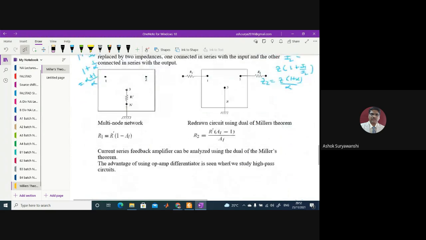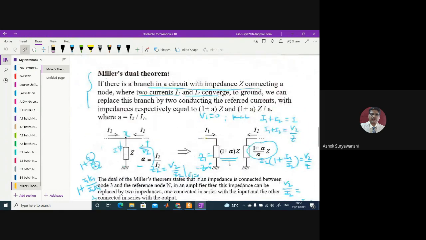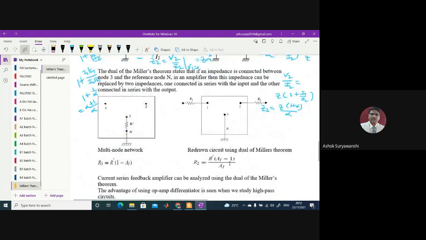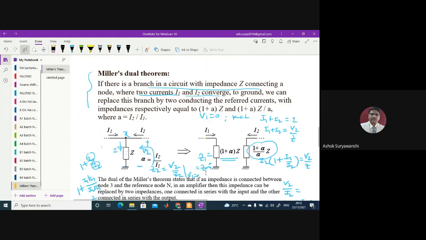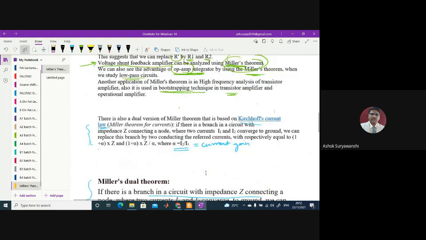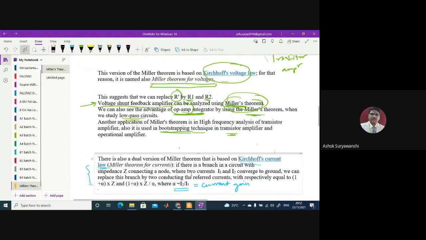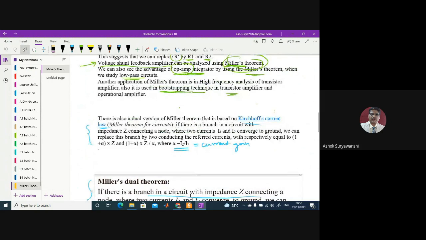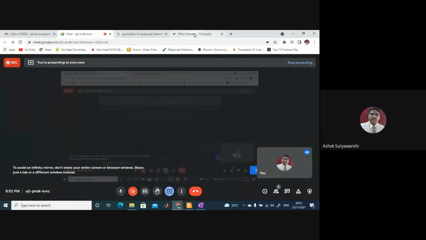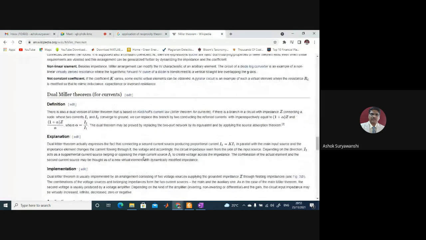Sorry, here I think something is wrong. Okay, I think they have used subtraction, that is why these values are coming different. So we can use these theorems in two ways. This is the simplest one, which is normally used in amplifiers. That is what I have considered here, because you will be studying more amplifier circuits wherein these things will be required. Depending upon how you are using this theorem, you will get this particular idea.